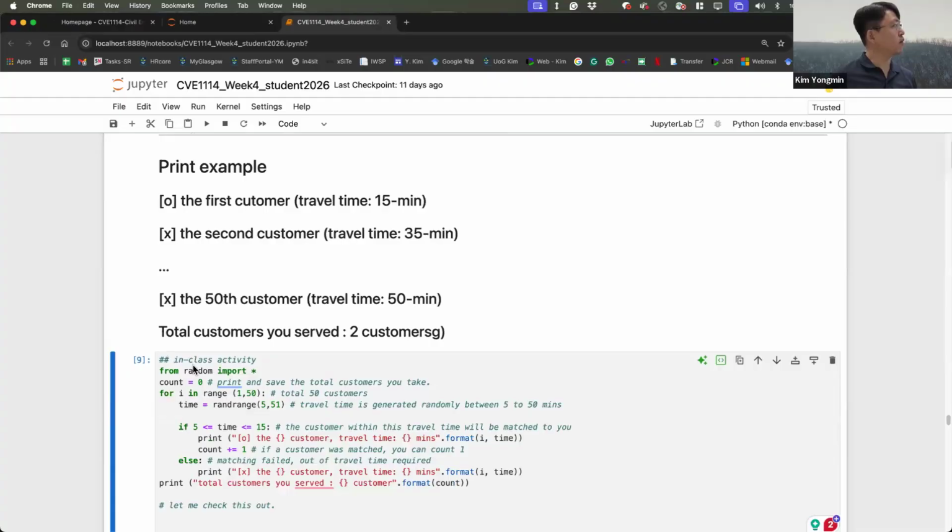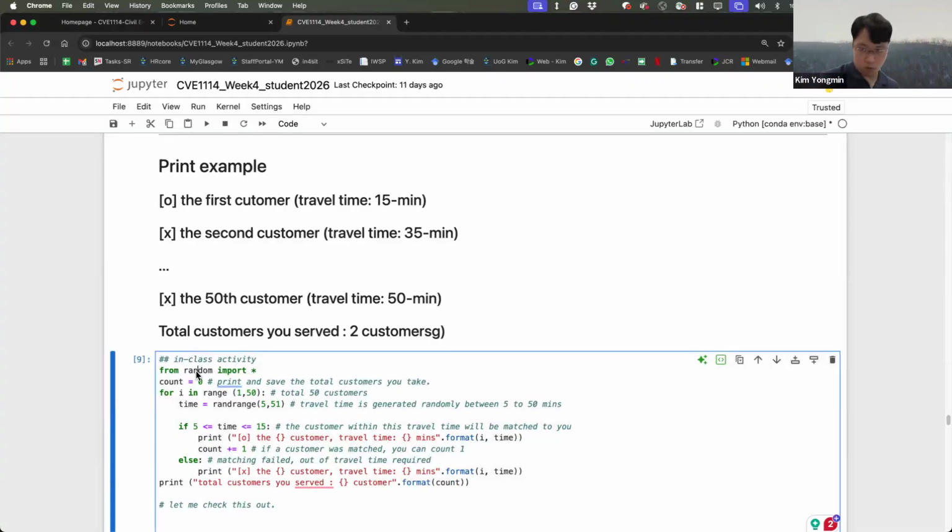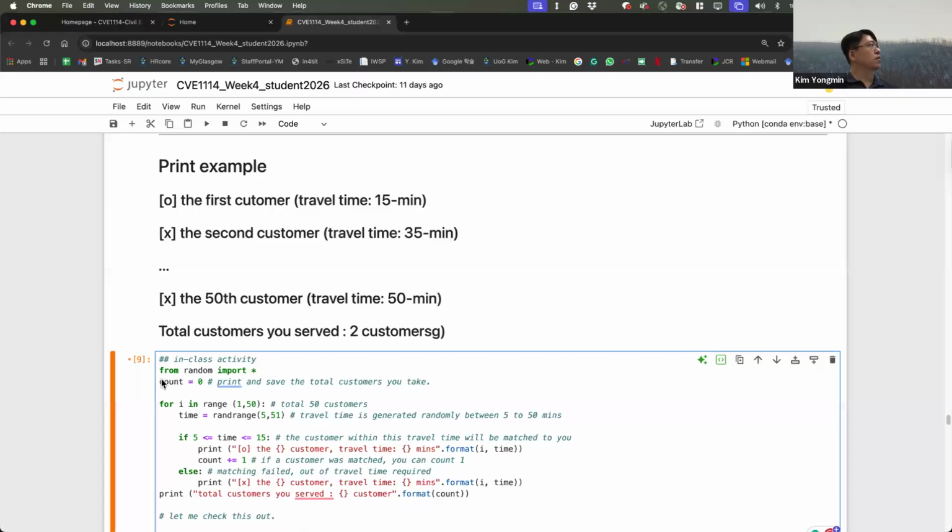So I'm going to use the random function. From random import all. Then we set one variable to count the number of customers I served, create counts, and allocate zero as the initial value.